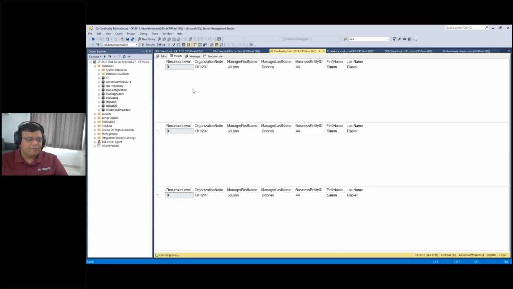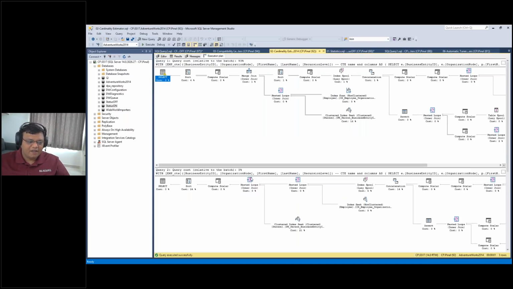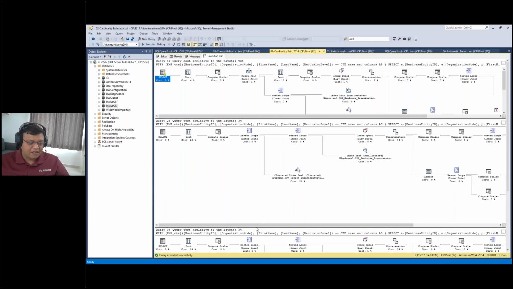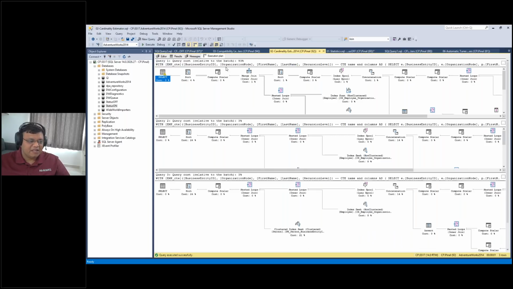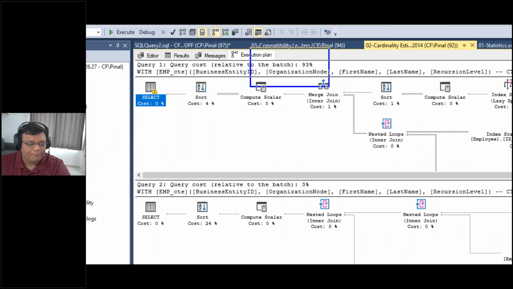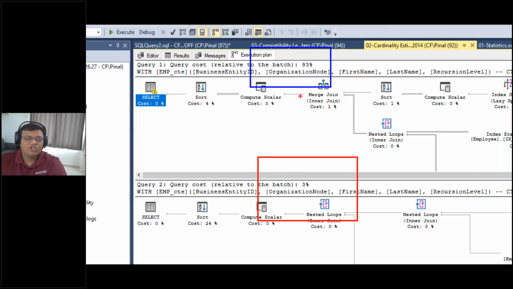But before that, I am going to show you. So now we have three results. Let's pay attention to this compatibility level setting. You can see the first query takes 93% and the rest of the queries are taking 3%. And please note that this is an out of the box stored procedure, where just one setting makes a tremendous improvement